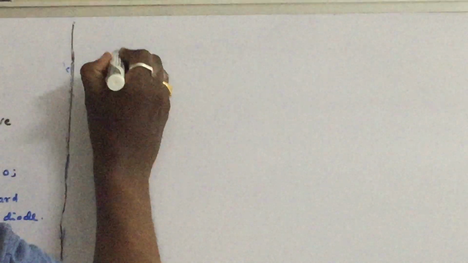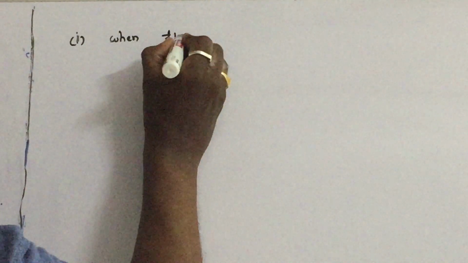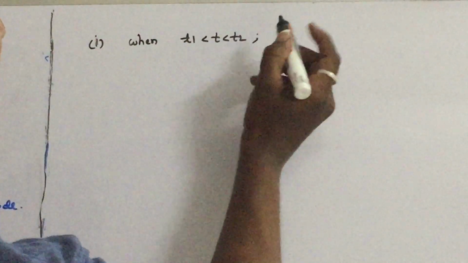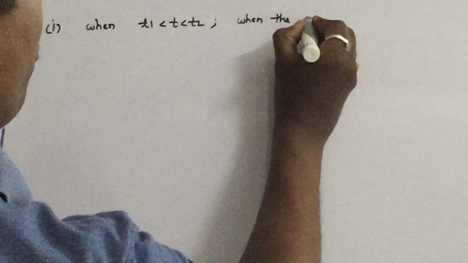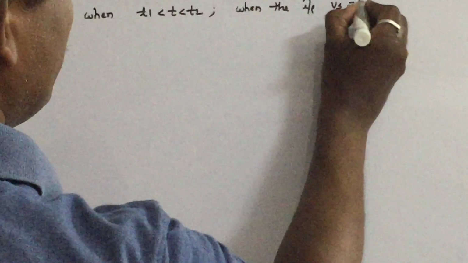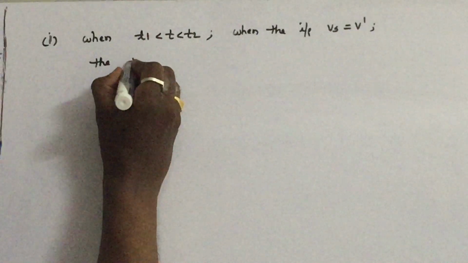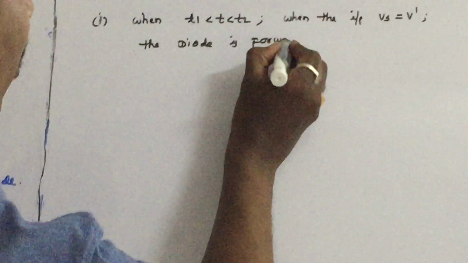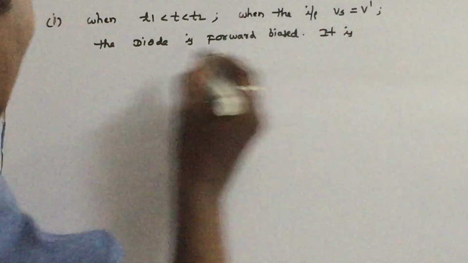So let us take case 1. When T1 is less than T2 in the circuit, during this interval, what is the condition? The input Vs is equal to V dash during this interval, as we have shown. What is the condition of the diode? The diode is forward biased, which I have explained. So what do we have to replace it with? It is replaced